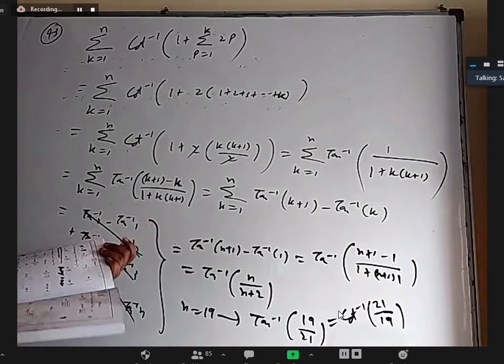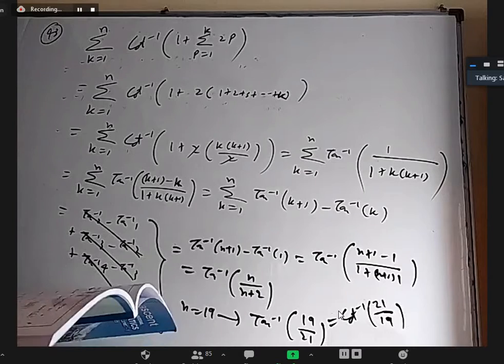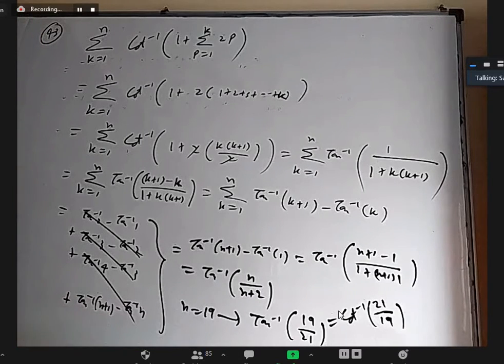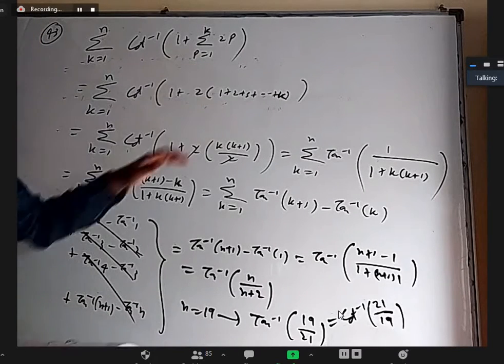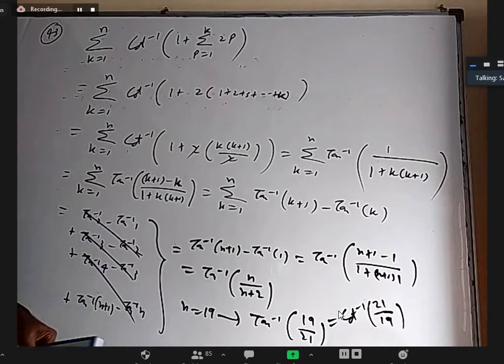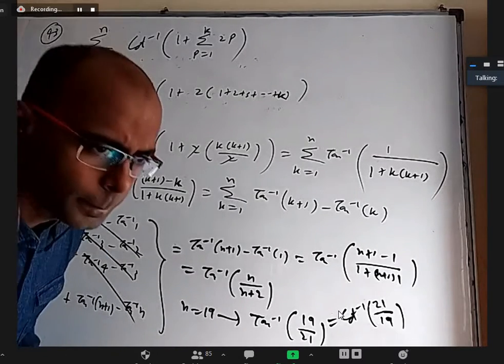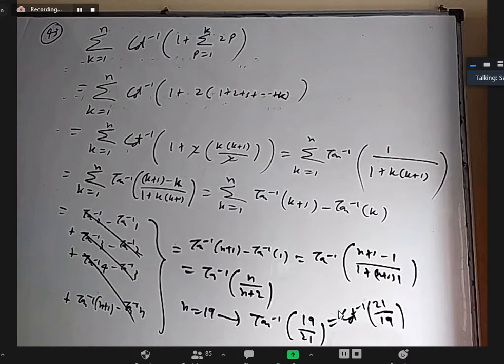Okay, so same as 43. There we found the nth term by ourselves. Here they gave the nth term directly. Of course, you still have to use the formula. Okay, next please think about 41. If somebody has some idea about 41, tell me. I can give you a hint, it is based on the sin inverse x minus sin inverse y formula.